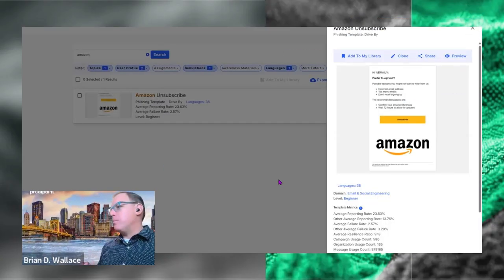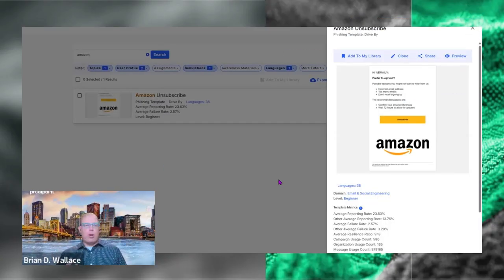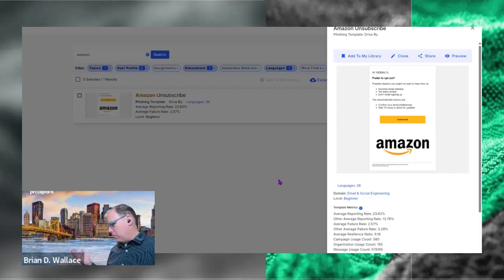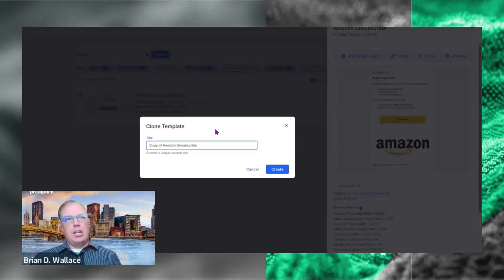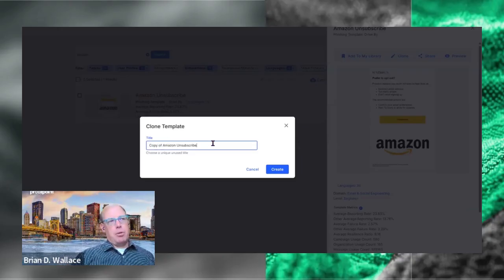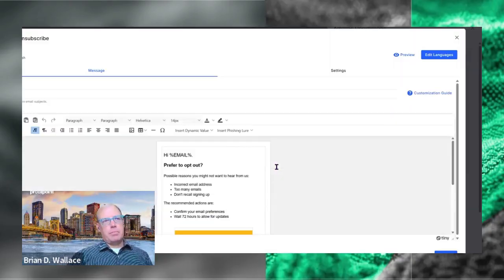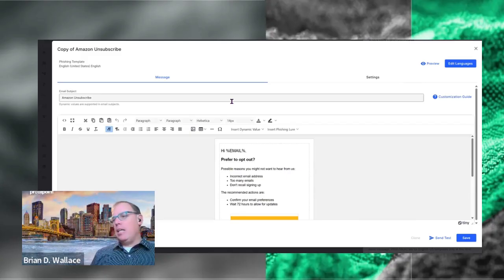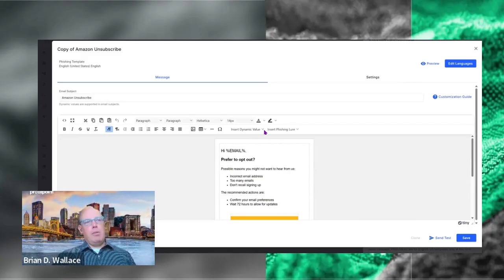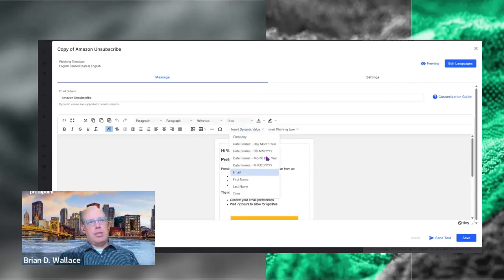Now, the final thing on this page, many of you enjoy customizing our templates. And I will be candid, previously, it was a little challenging when you were customizing our templates. But the good news is we have now improved that. So we now have a cloning function in here. It allows you to make a perfect copy of this template. You have the ability to do a lot more editing than you did before. You've got more dynamic values that you can leverage.